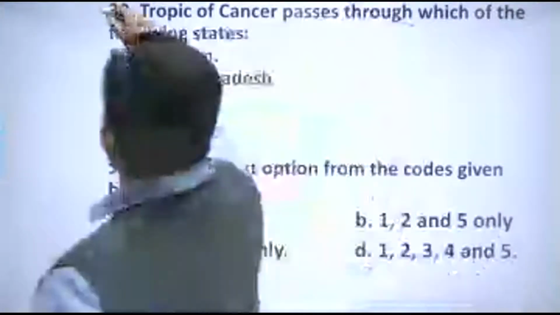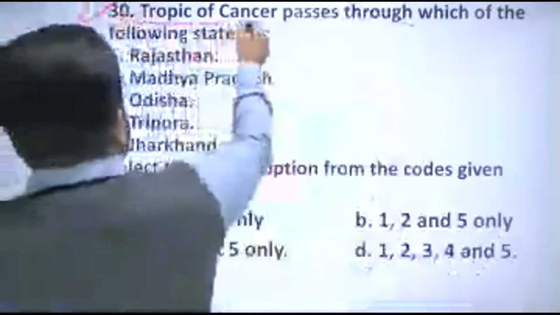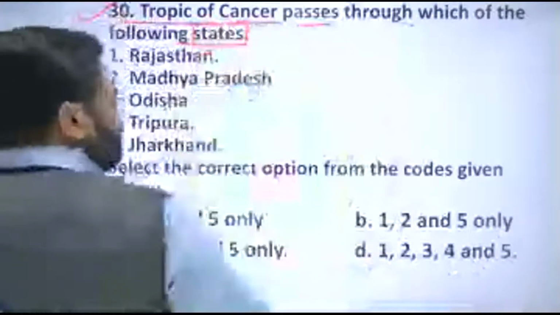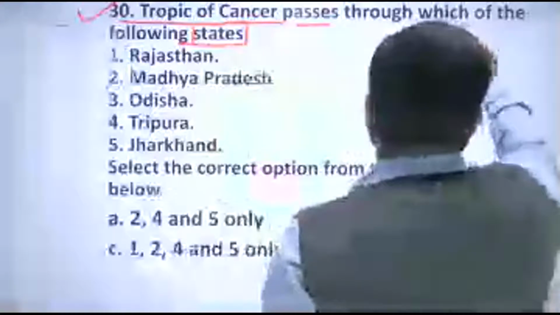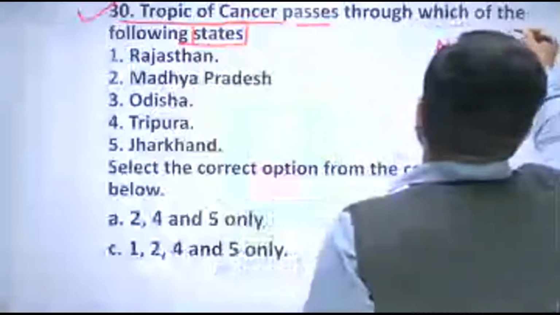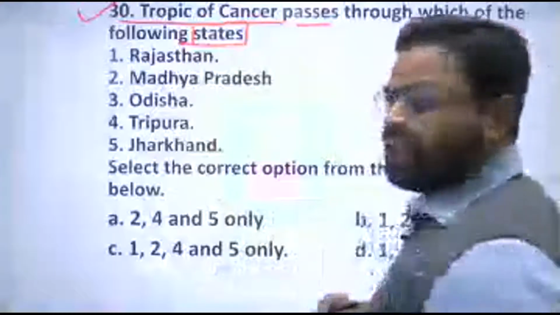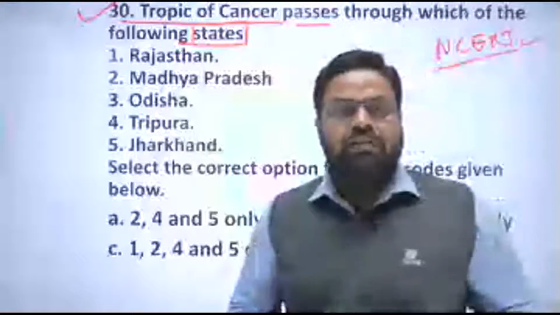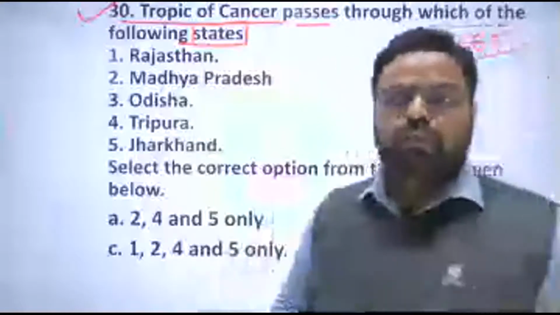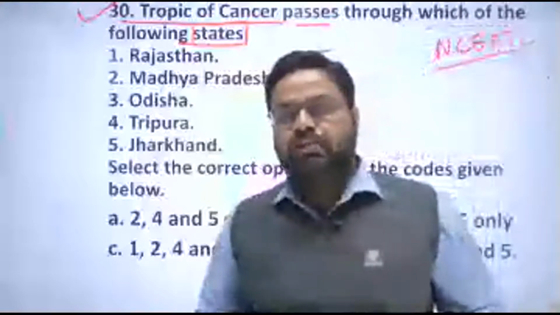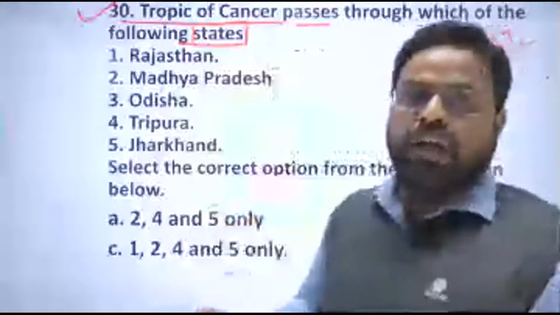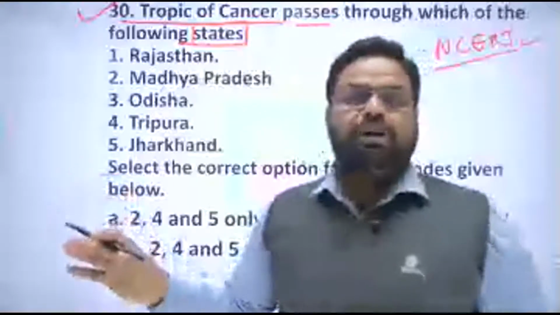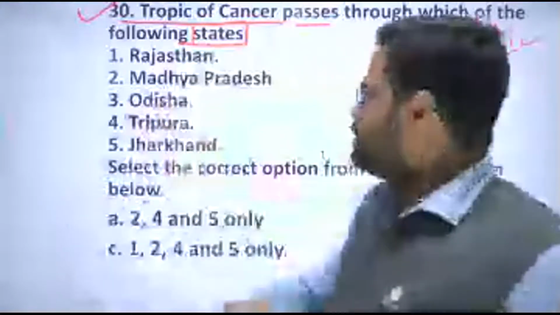Next question, that is a map marking type question. The Tropic of Cancer passes through which of the following states? Simple question, that is from NCERT, India Physical, right? And here you just have to know the states through which the Tropic of Cancer passes, and various other facts you should know. While reading the NCERT book, you should go through the maps religiously. तभी पता रहेगा कि कहाँ से ट्रॉपिक ऑफ कैंसर पार हो रही है,